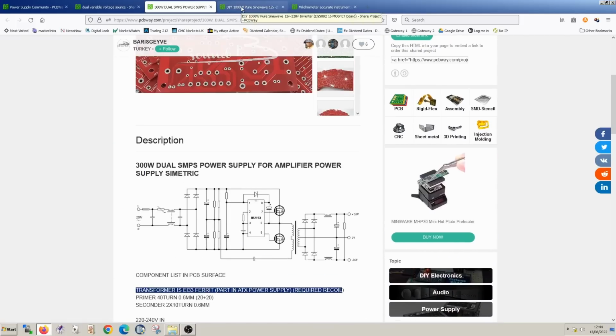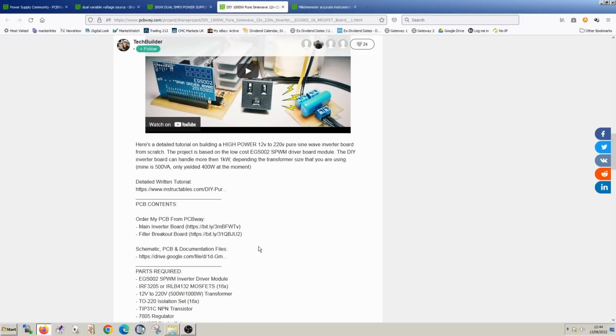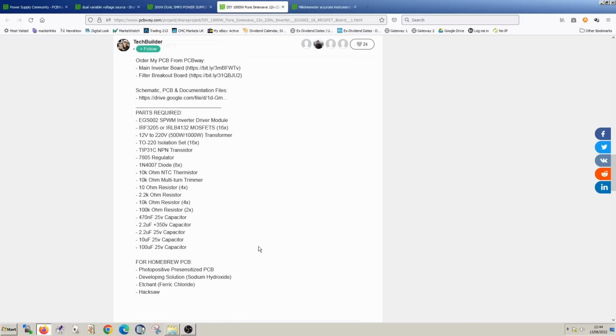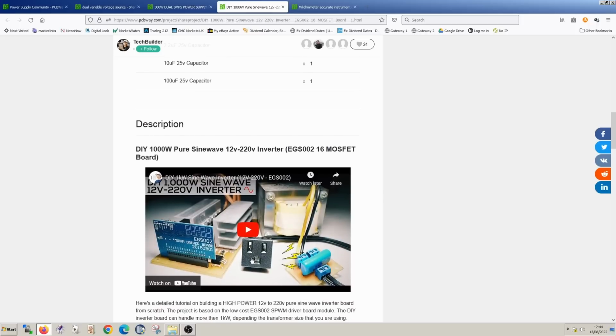The last thing that caught my eye is nothing to do with this project, but was interesting, I thought. And that's this. So this is a 1000 watt 220 volt inverter from a 12 volt power supply. I thought this might be interesting, A, because I know quite a few of you guys are interested in inverters, and B, this might be a useful way to produce an isolated mains power supply on your bench for testing